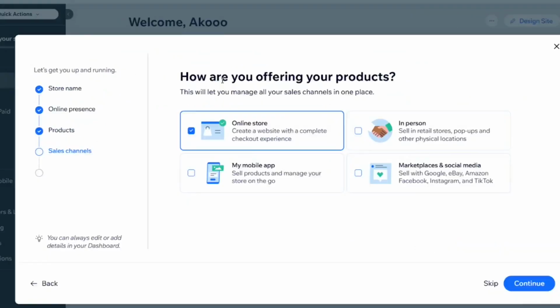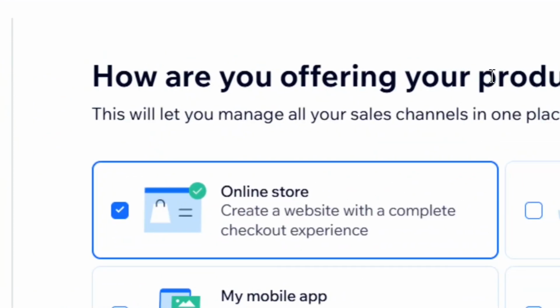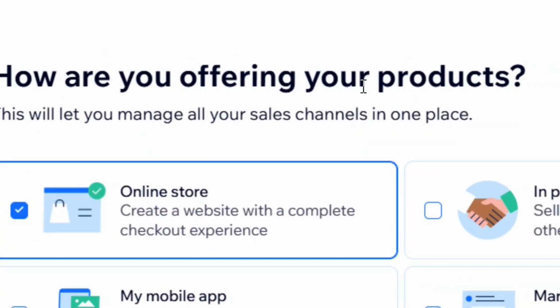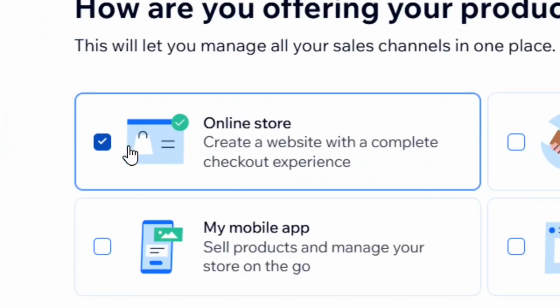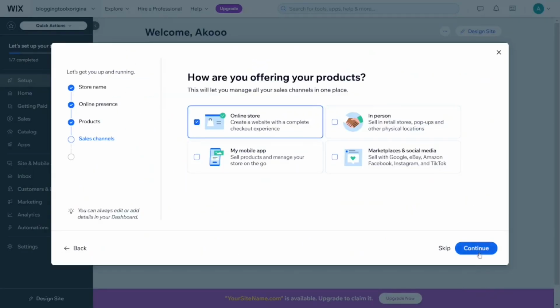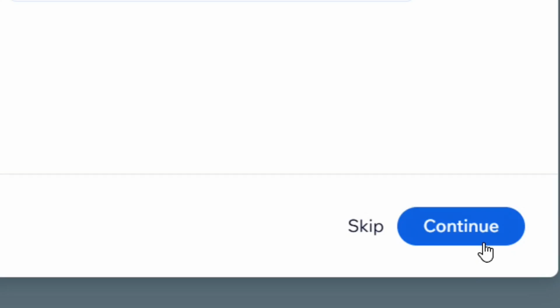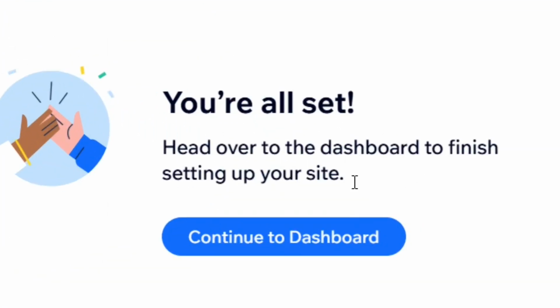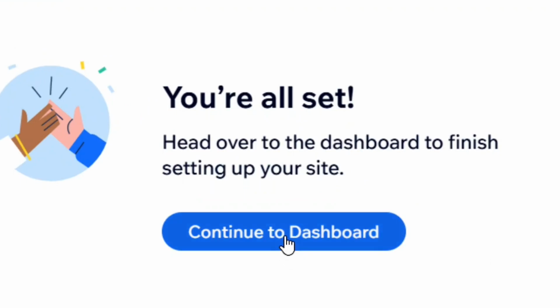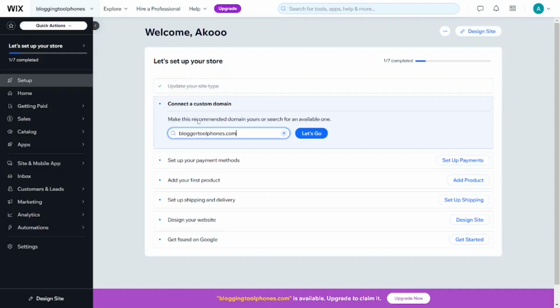Okay. So after that, over here, they are going to ask me what I'm going to do. So it's an online store and it is selected already for me. So as you can see, online store is checked. So after that, all that you have to do is simply come here to Continue and then click on Continue. Okay, and as you can see, we are all set. All that you have to do is simply click on Continue to the Dashboard,